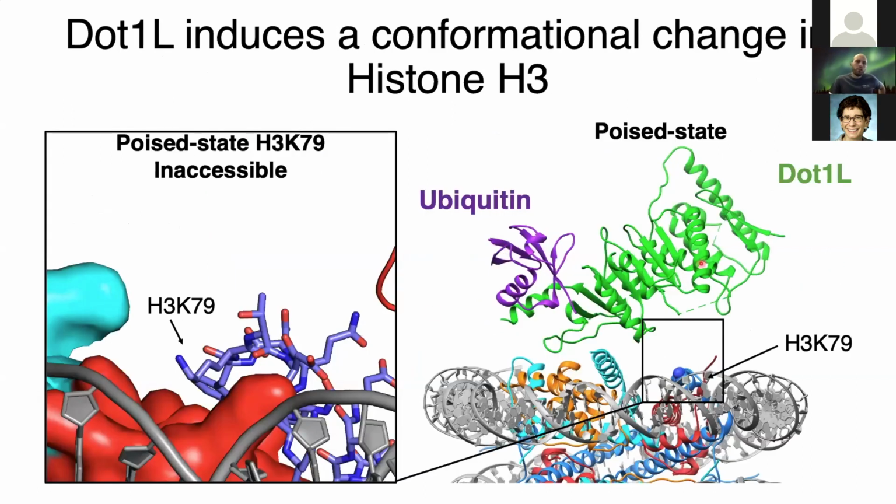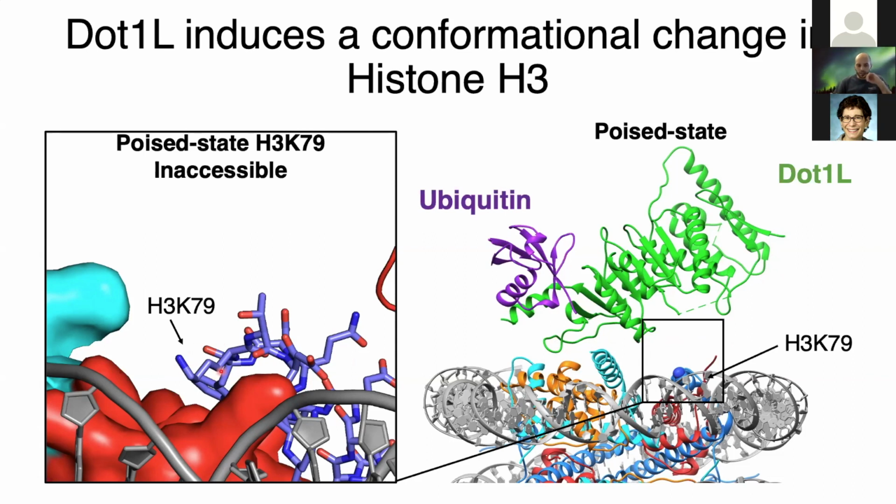So in the poised state structure of Dot1L, and in fact, in every crystal structure of the nucleosome that has been published, H3K79 is sort of lying flat down along the surface of the nucleosome here. And in this orientation, this H3K79 side chain is inaccessible. Now, when I saw how inaccessible this side chain was, I was sure that in order for Dot1L to access this side chain, there would have to be some massive conformational rearrangement within Dot1L. And so I really fully expected Dot1L to somehow unfold and sit down on the nucleosome in order to access